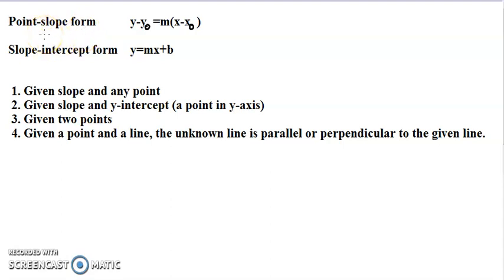We have learned two formulas for the equation of lines. The first is point-slope form, y minus y0 equals m times x minus x0. So that's the slope, and that's a pair of point. Again, the subscript doesn't have to be x0, y0. It could be x1, y1, x2, y2. It's just any point. And the second form, slope-intercept form. M is slope again, but b is the y-intercept, which is a special point